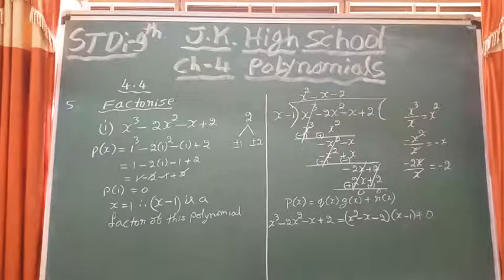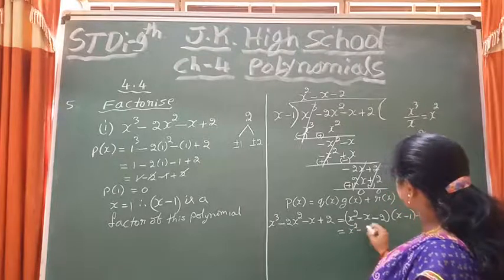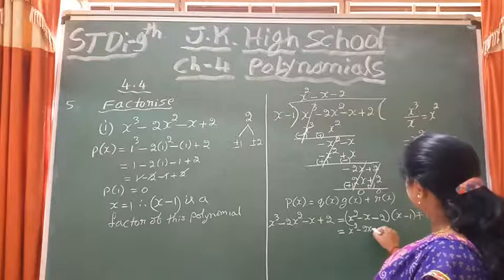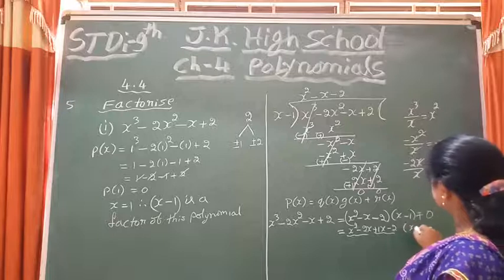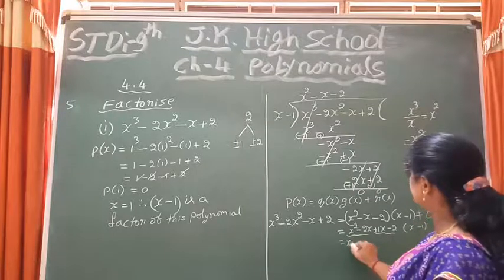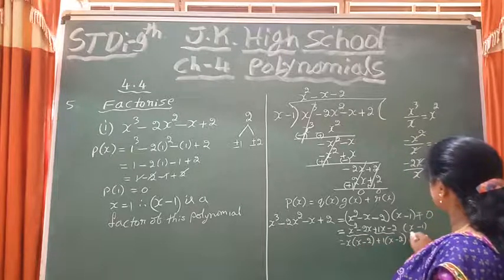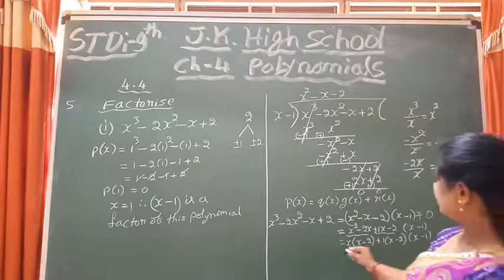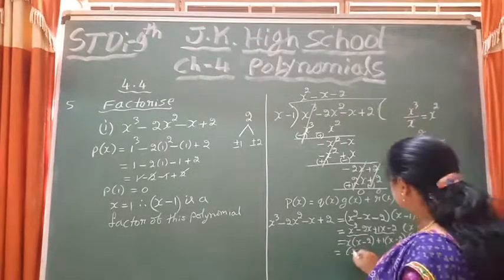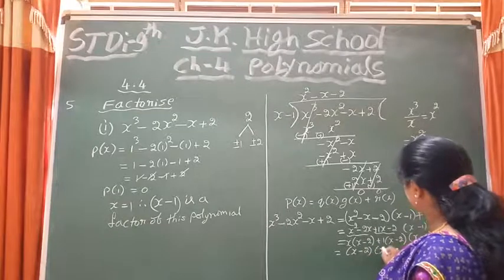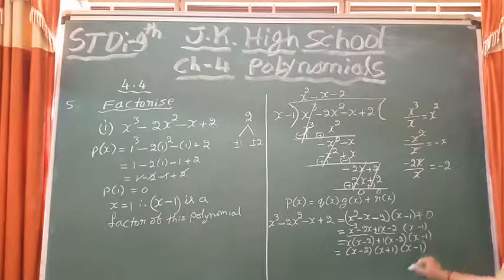I can do it here also. Here x square minus 2x plus 1x, I can split, minus 2. So here 2 terms, x minus 1 is a factor already. You take x common, x minus 2, plus 1 you take common, x minus 2, x minus 1. So by the factorization method you can find the factors of this expression. Here x minus 2 is common. So x minus 2 is the common factor you take out, x plus 1 and x minus 1. These 3 are the factors of this cubic polynomial.